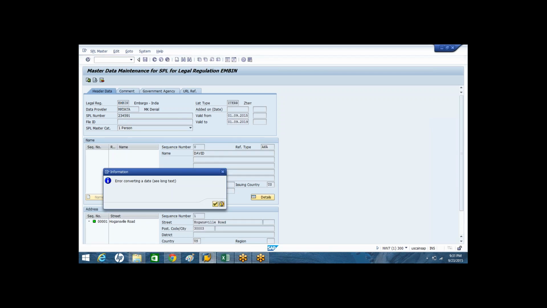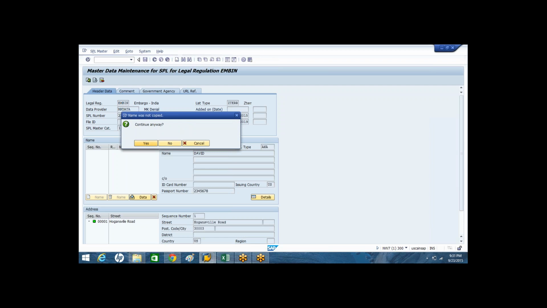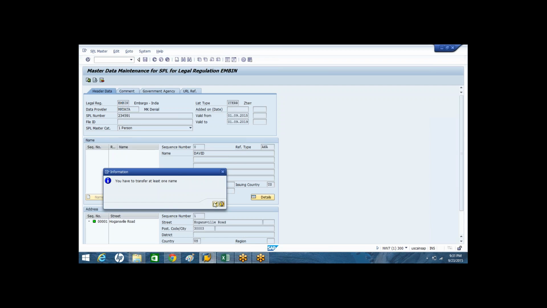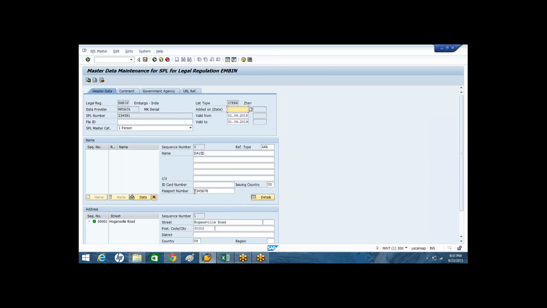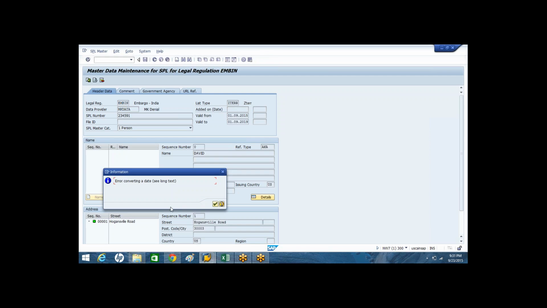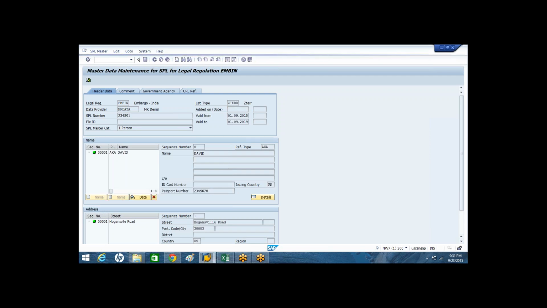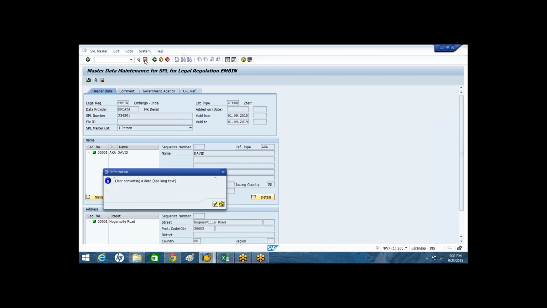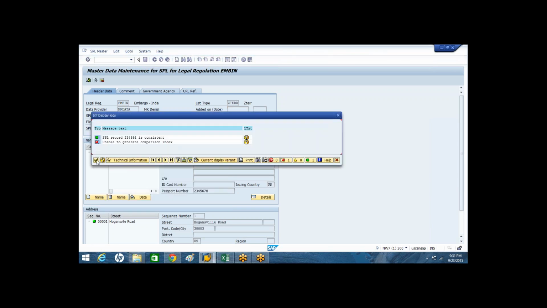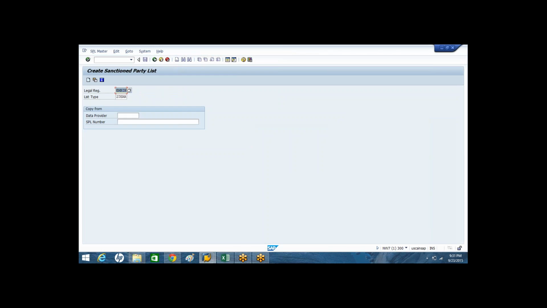Then the system creates an SPL record in the system. Let me save the SPL. This way you can create an SPL member manually.